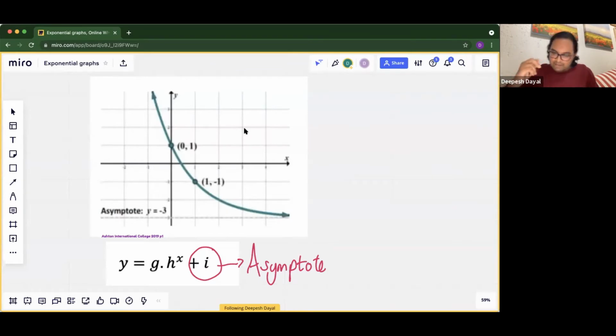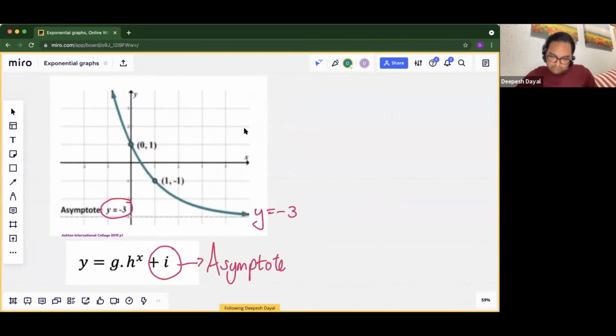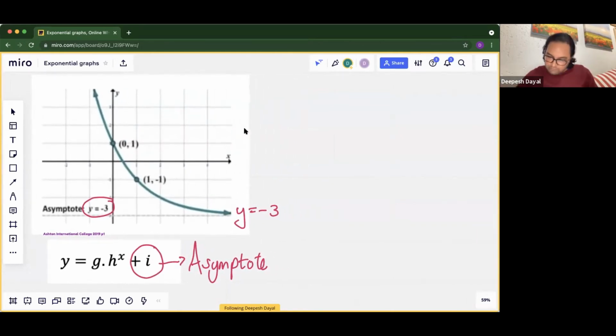Yes, great stuff. It is -3 here, see? Y equals -3. So what do we plug in the place of I? We're going to plug in -3 in the place of I. I'm going to write in a different color now, otherwise it's going to be too much the same. Let's move this to the side. And I'm going to say here Y equals